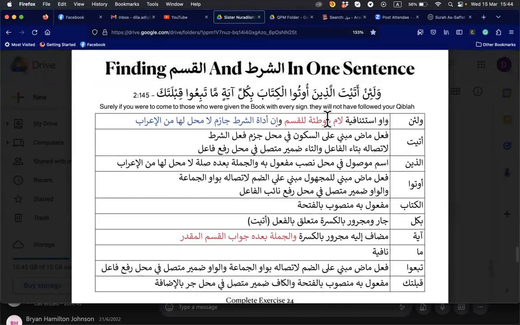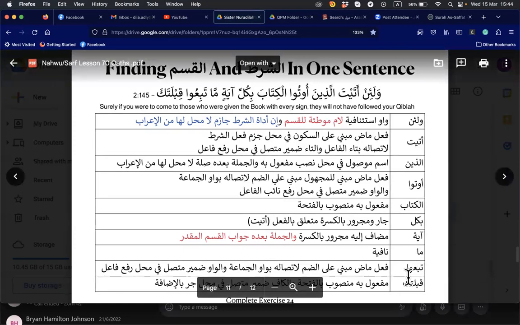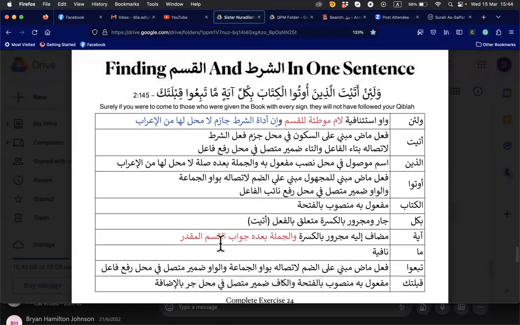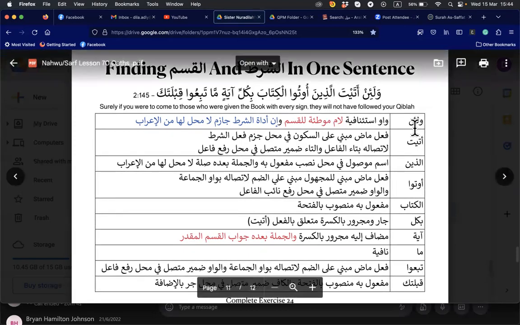So when we come to here, wa jumlah ba'da means the ma onwards, the nafia here. This is your jawabul qasam, not jawabul shart. The wow is ataf. The lam is not qasam, is not alatul qasam, but it paved the way to qasam. So that's why they have a different term for it.